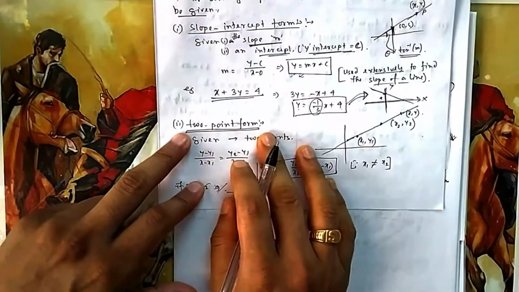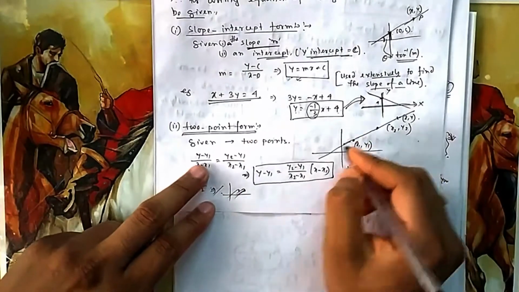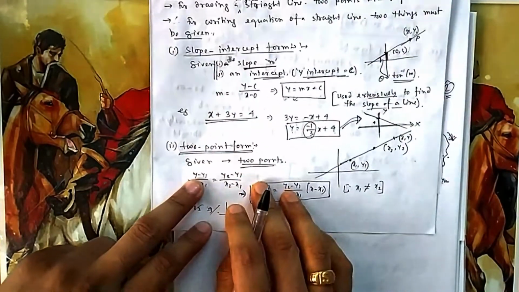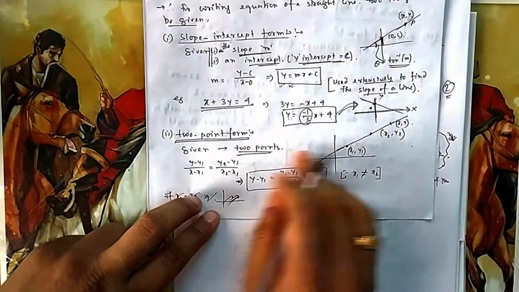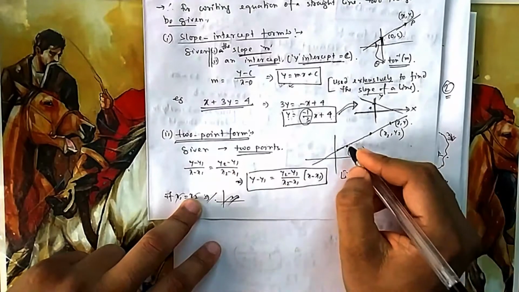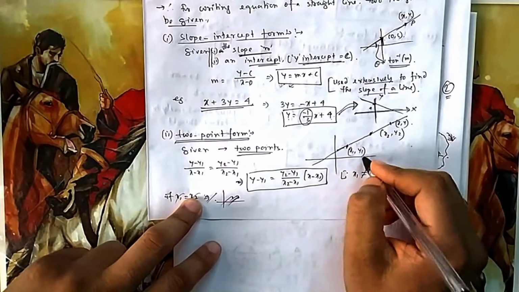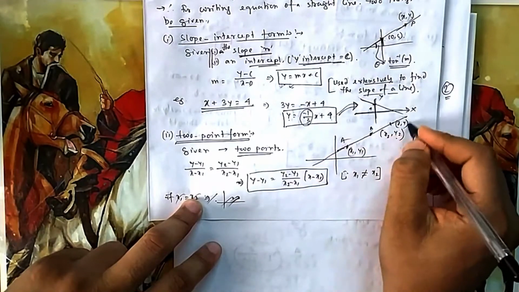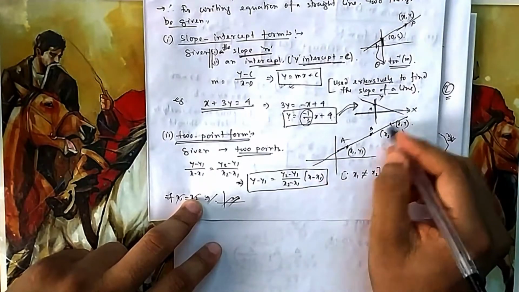The next format is known as the 2-point format. Here 2 points are given to you. You need to see what is given to you before you start. So in questions also, if you see these 2 given, then you apply this formula. The 2-point formula: these 2 points are given to you, x1, y1, x2, y2. The line should pass through this. Find the locus of all points which pass through this. That is a straight line.